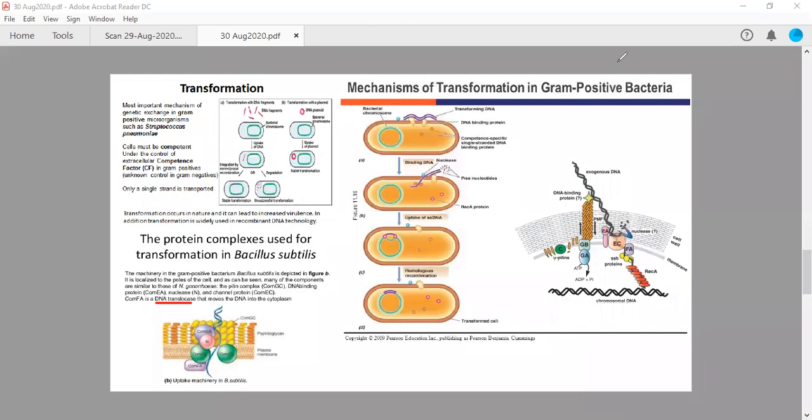This DNA translocase enzyme will help in translocation of the single-stranded DNA molecule inside the bacterial cell. So there is a little difference, but the process is almost the same in gram-positive and gram-negative bacteria. Translocation takes place between closely related species of bacteria because of these competence factors, which are proteins present over the cell membrane and help in binding the double-stranded DNA molecule fragments. Right.